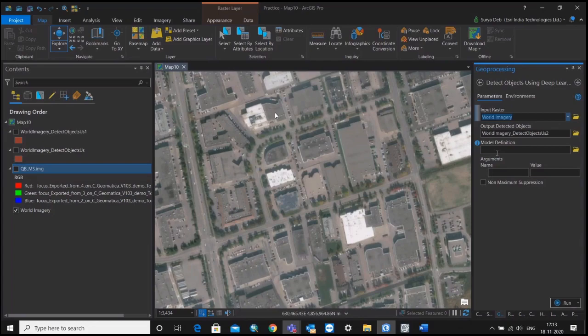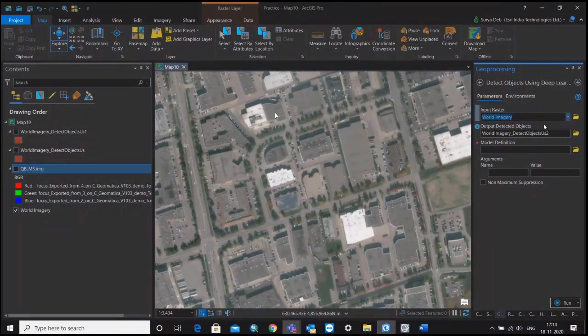Like if I want to create a 3D city model of a particular area on which I want to do some analysis, like studying the thermal pattern of that particular part of the city, or checking the wind movement of that area of the city. For that I require a 3D model of that particular part. So using roof extraction, using our base map, using this technique, it will be very useful, and you need not do digitization for that.